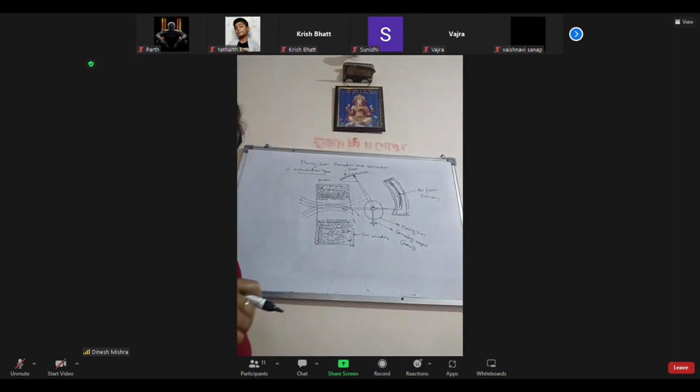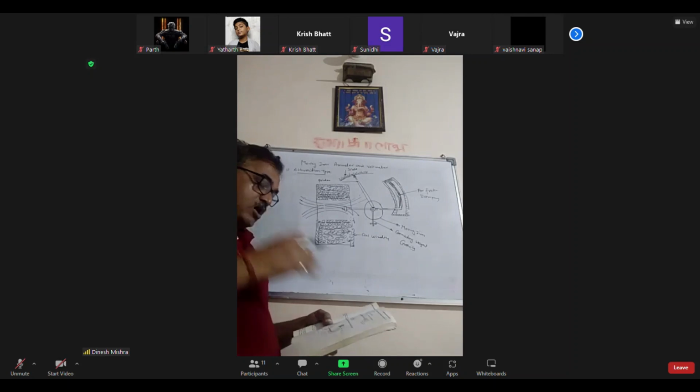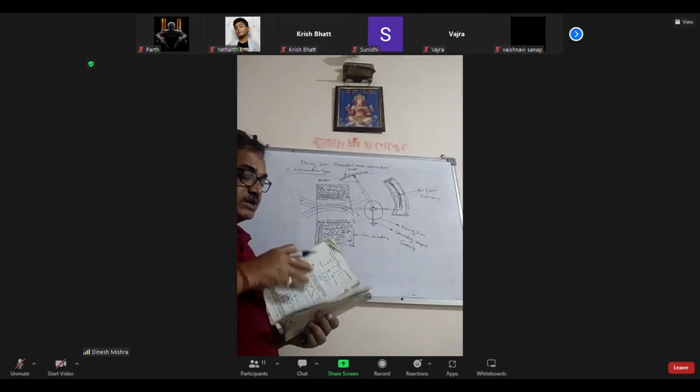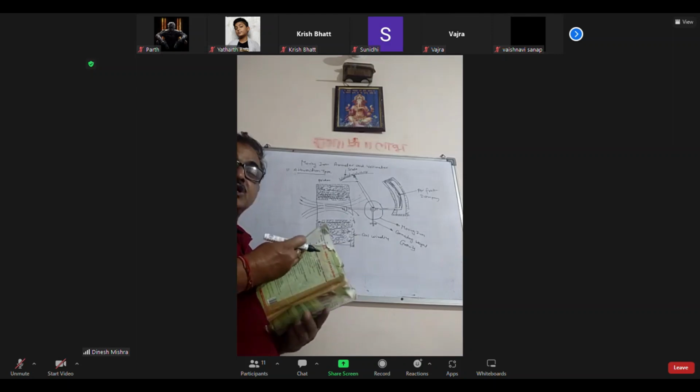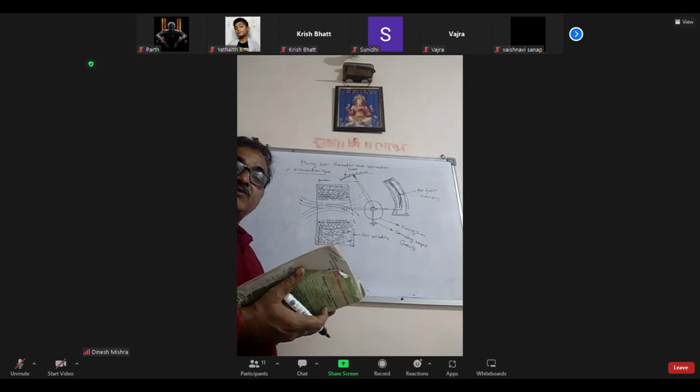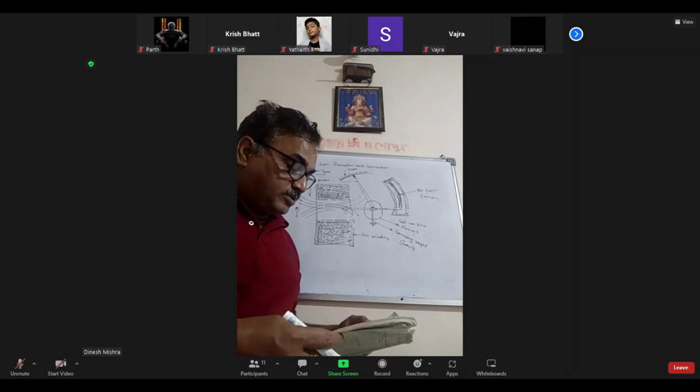Okay. So this is all about the construction of the attraction type moving iron instrument. I'm explaining this now just for you to see the construction. What is the construction diagram? The diagram is very important. और आपको हमेशा 12th में 11th में पूछते हैं, and this diagram is on the piece